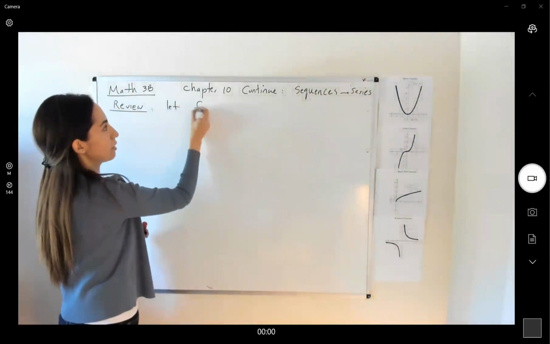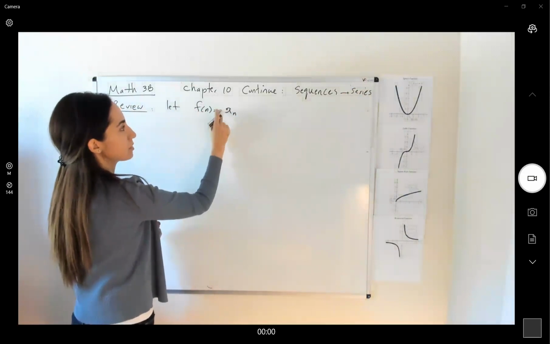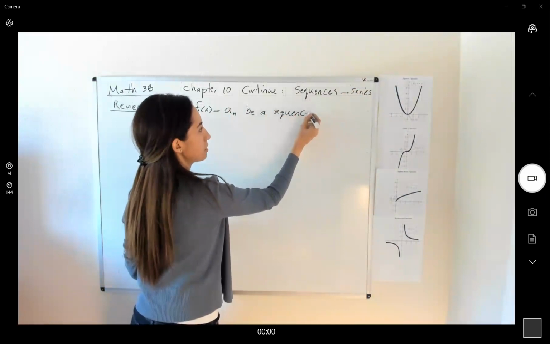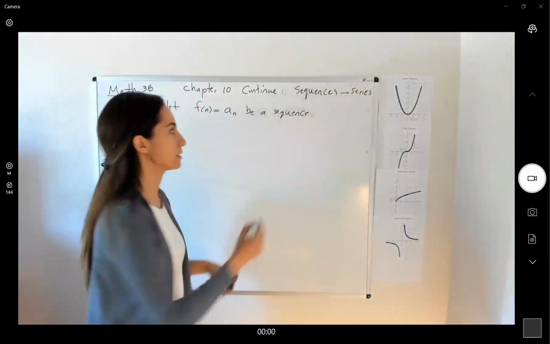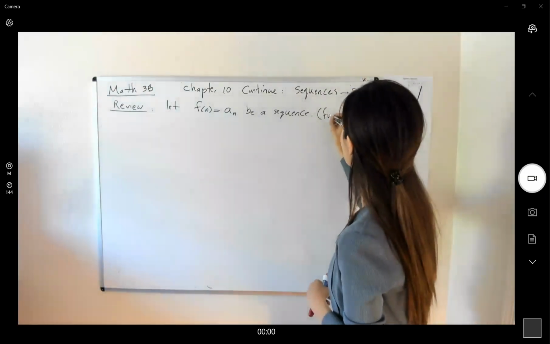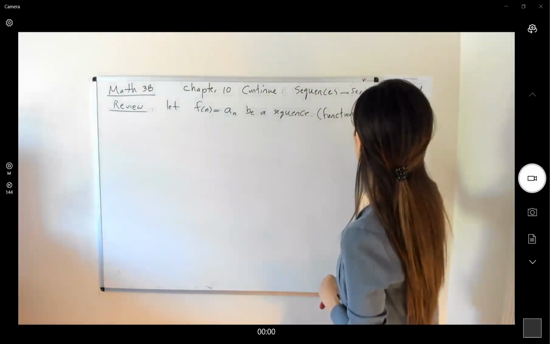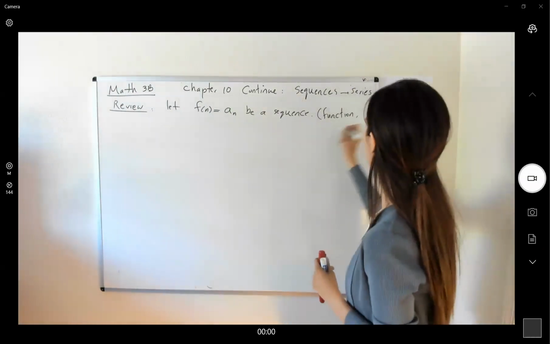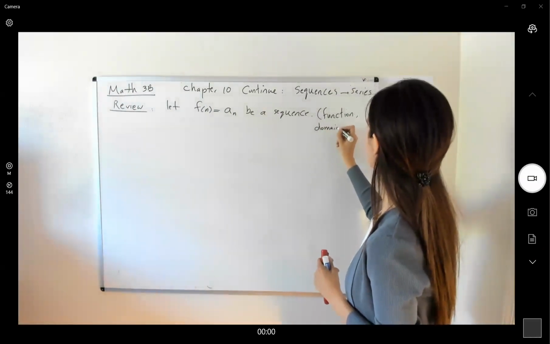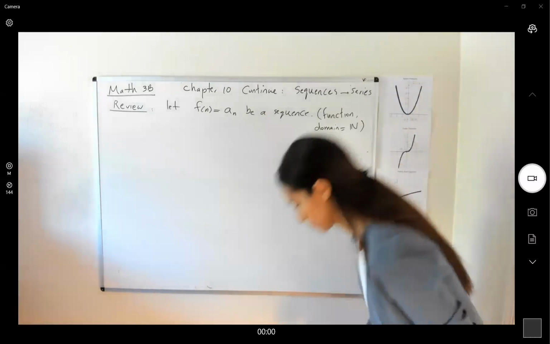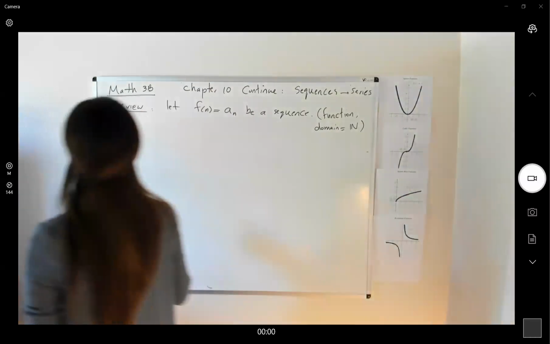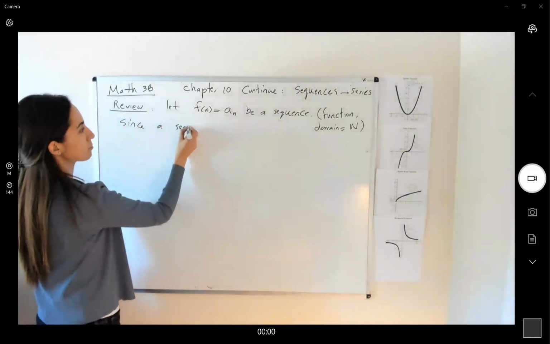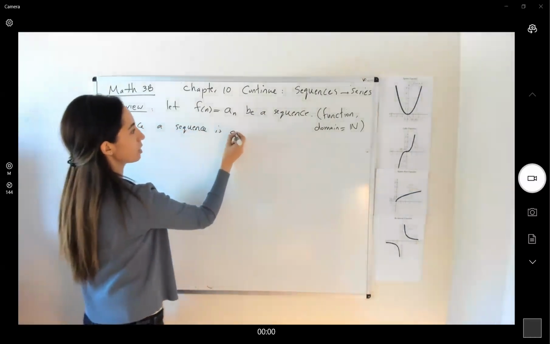Let f of n equals a sub n be a sequence. So what is a sequence? A sequence is a function. It's a discontinuous function, a discrete function with domain equal to n. Since a sequence is a function,